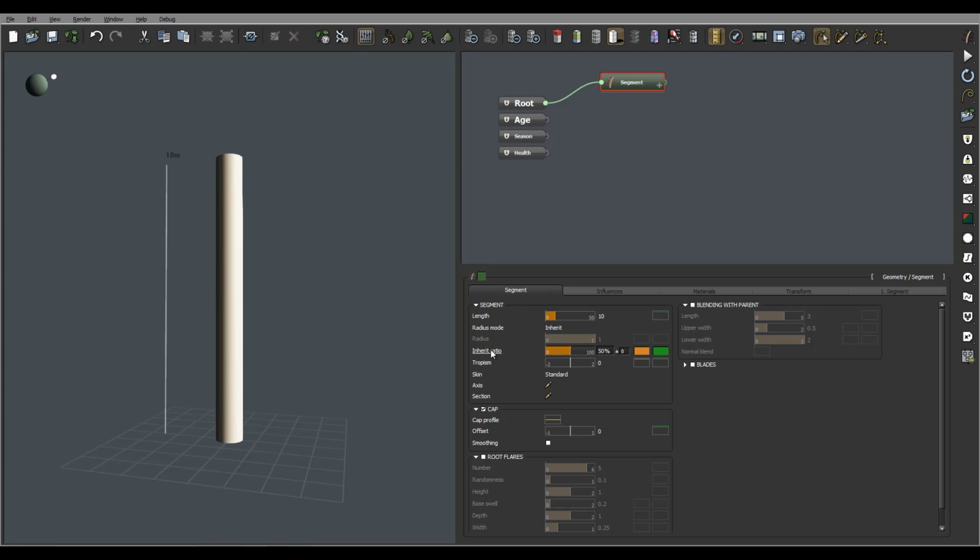Again, radius disabled and inherit radius is enabled. We have an overall slider where we can modify it. So if we add any additional branch with the same parameters, it will take 50% of the width of the parent. We also have randomness, and we have two filters, one which is the primitive itself and another which is the parent filter. The parent filter will affect the values passing to us from the parent subject. So if we have another segment and we have a parent, this value will be calculated and passed. And then next we have the primitive filter. This is directly affecting our